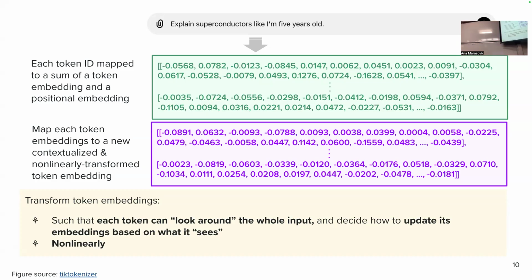So maybe I can illustrate that with the subject-verb-object relation, right? These tokens are important to each other to understand the grammatical structure of the sentence, right? So when you're processing a subject, knowing what the verb is might be important. And now with this architecture, you will have a chance to take information from the vector of that other important token and kind of mix it up with the representation of the current token